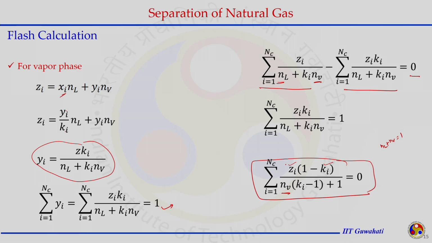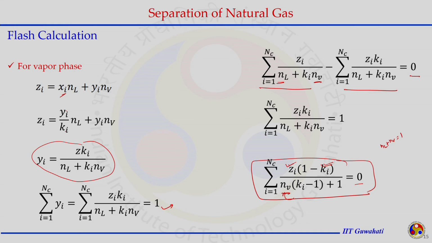Now we can set up the mathematical equation, because we know z_i and K_i for each component. Whatever the feed entering, knowing the temperature and pressure, we know K_i for each component. If we can find the value of N_V that satisfies this condition, we are in a good position to calculate the other associated parameters. That can be done using an iteration method that we discussed in our first week lectures. We can optimize this with the help of the Golden Section or Newton-Raphson method, and find the value of N_V that satisfies this condition.